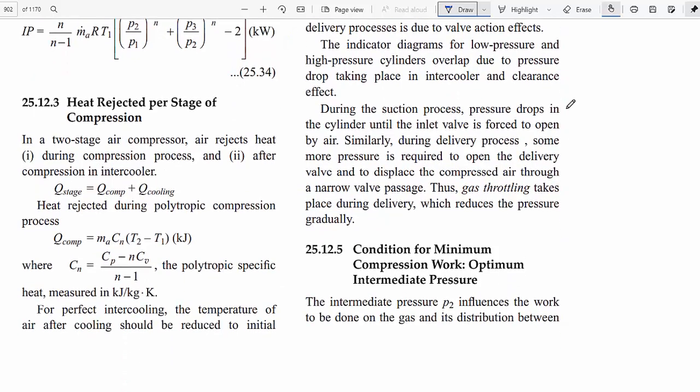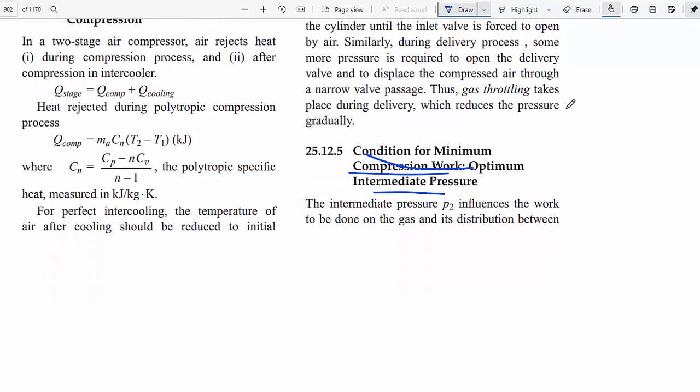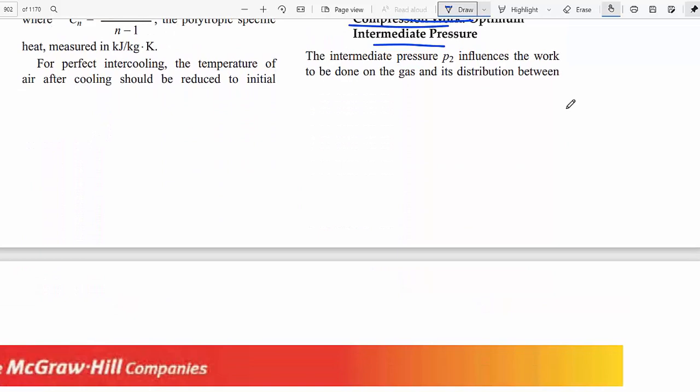This is one type. Then next, condition for minimum compression work. Next topic, condition for minimum compressor work. This is a main important derivation: condition for minimum compression work, optimum intermediate pressure. Minimum compression work means how we reduce the input energy for both compressions. Likewise, maximum discharge in a nozzle has one condition; likewise here also there is one condition to reduce the work input for both